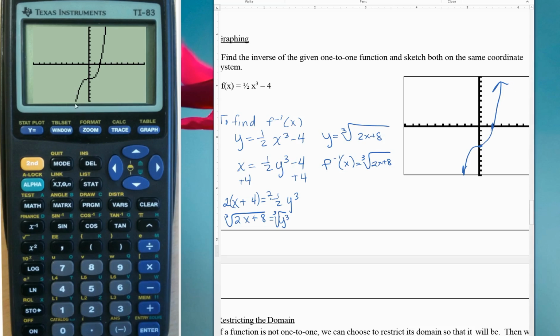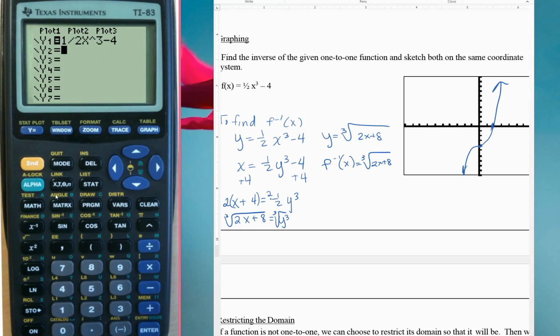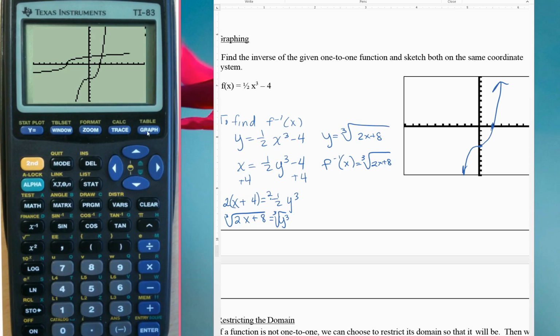Then we have the cube root. We'll do it next. So to do the cube root, you can hit math, and it's number 4 here. So the cube root of 2x plus 8, and that would be like the cube root of x. The plus 8 would move it to the left 8, and the 2 in front of the x would compress it horizontally by a factor of 2. And we can see, let's draw this one in red,